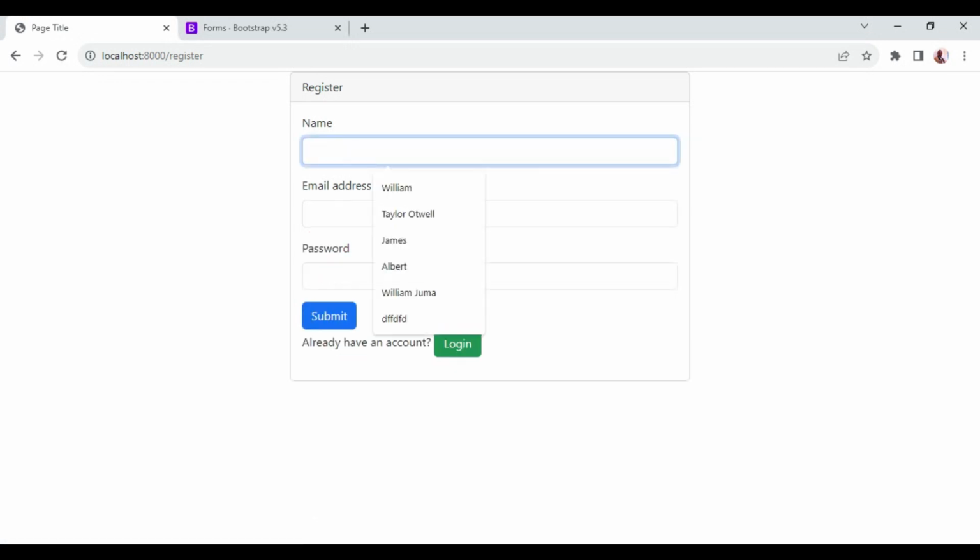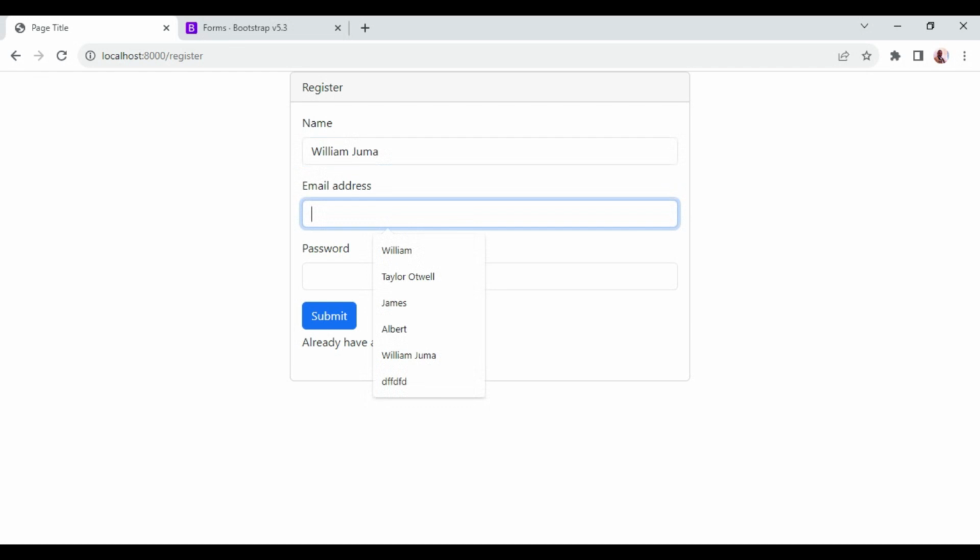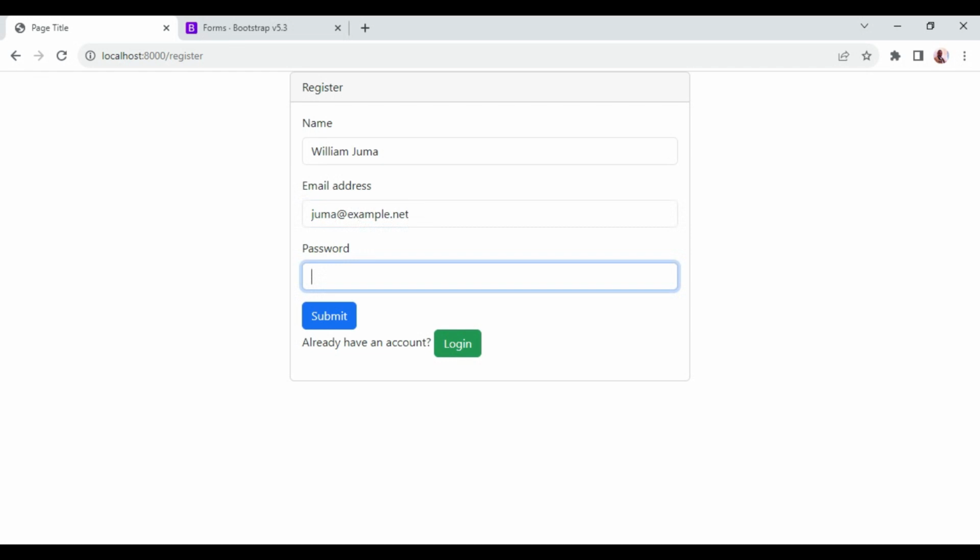I'm going to type in my name, William, and I do not know, there's a probability that my email exists actually, Juma, and let us have Juma, maybe this one does not exist, Juma at example.net. This one does not exist. Then the password, I can type in my password like that. So once I submit,